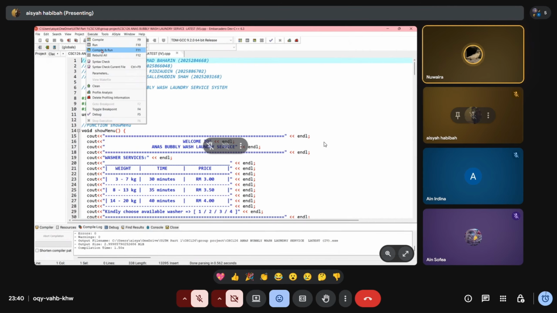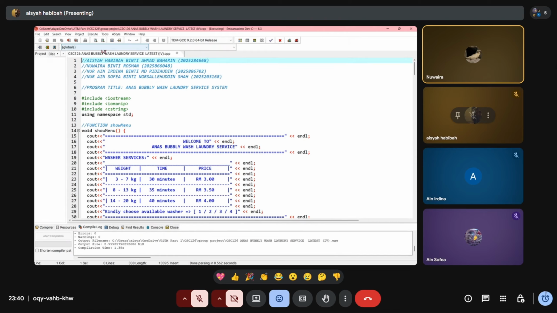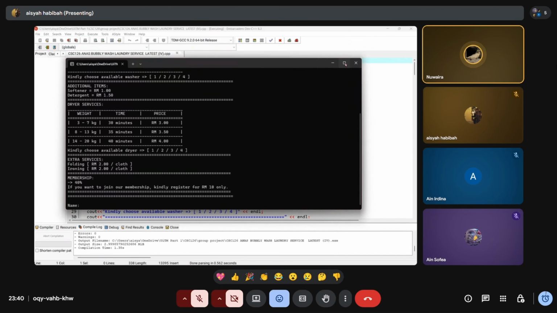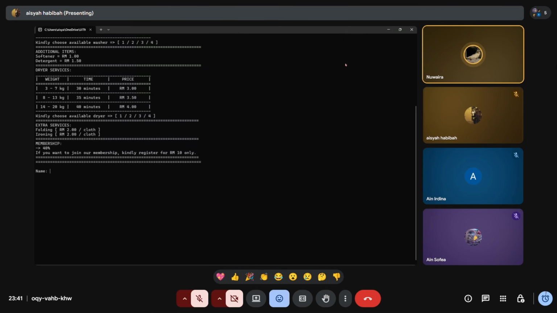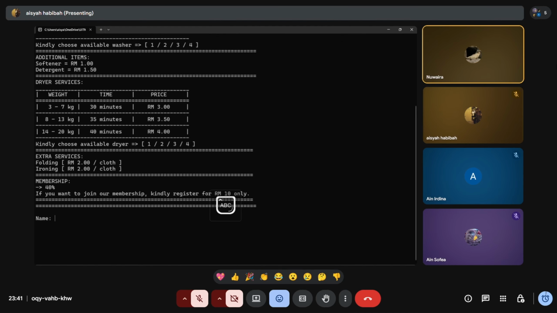Okay, so now we'll proceed to demonstrate the program. First, the program will display the menu, and then it will ask the customer to input a name. So I will put my name, Moira. And then it will ask the user to enter the phone number, so just enter. And it will ask the user if they want to use the washer. So I will put in yes,